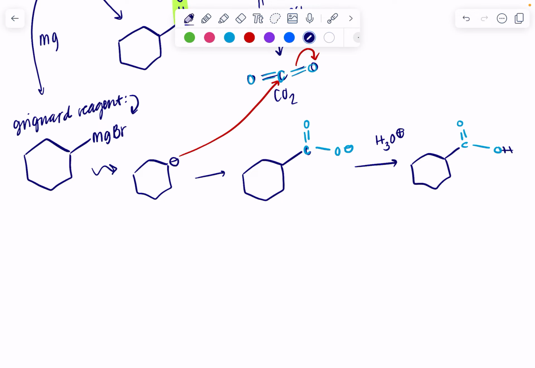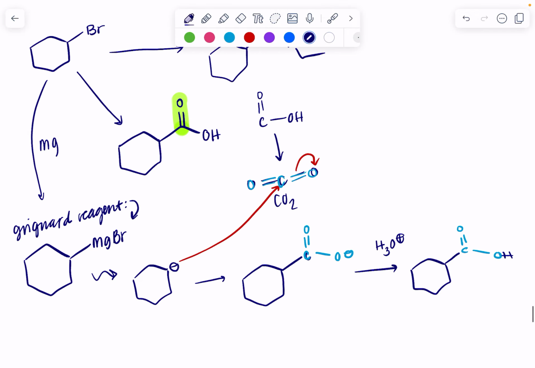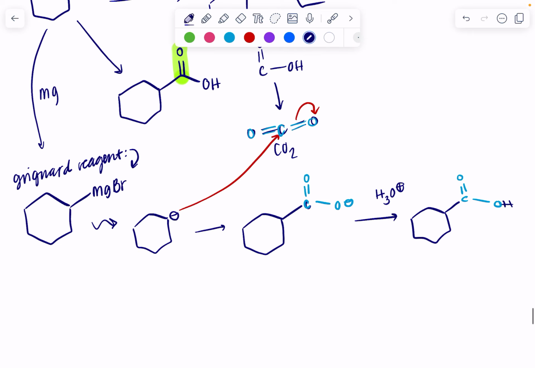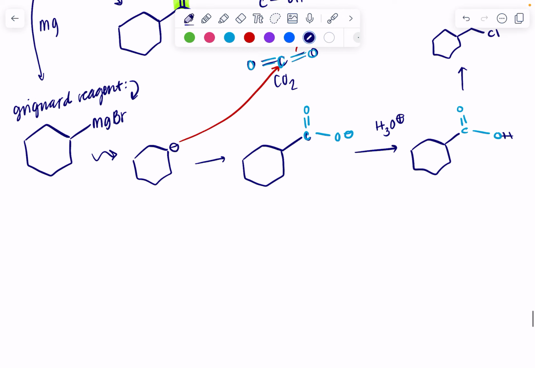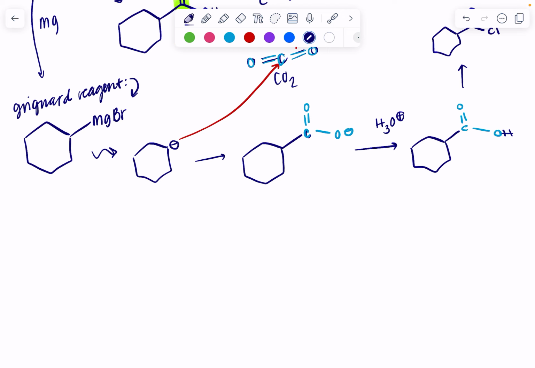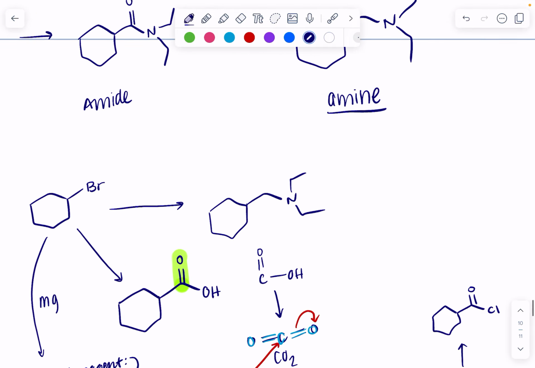Okay, how do we get carboxylic acid to a carboxylic acid derivative, Cl? Well, we can use SOCl2. So let's come over here and do SOCl2. And that's going to give us that same cyclohexane ring, our double bond, and we're going to replace the OH group with a chlorine group. Perfect. Now, where were we going originally? We're trying to get to